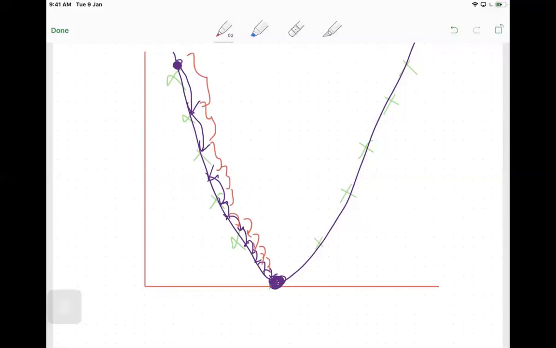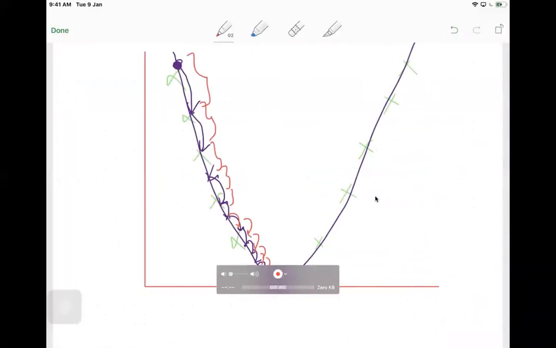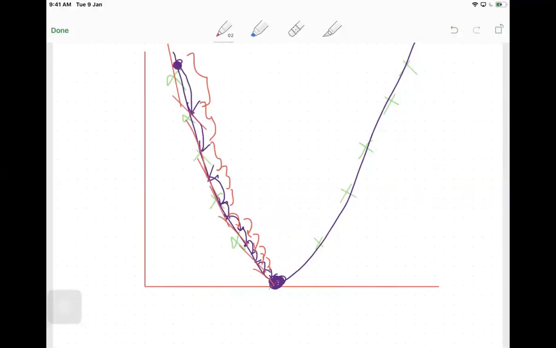Why is this happening? If you observe the formula, what we are doing is taking a partial derivative every time with respect to theta 0 and theta 1. What do we mean by a derivative? Derivative, in other terms, is a tangent drawn at this particular location, and again a tangent drawn at this location, and this location, and here, and so on. Ultimately, when you come to this particular location at the bottom, your tangent will become a horizontal line.